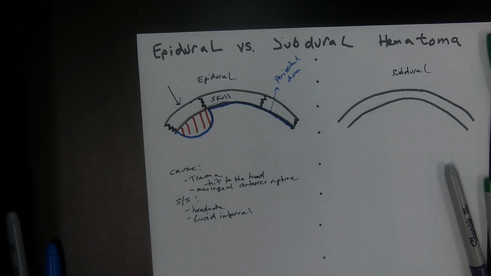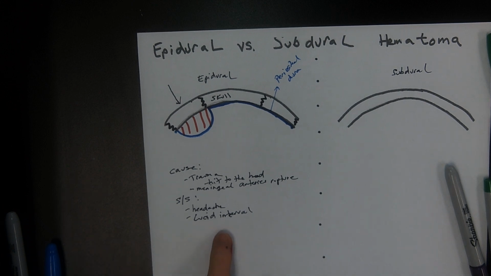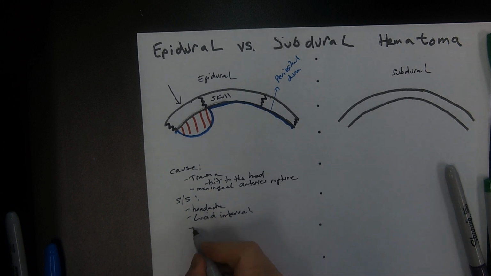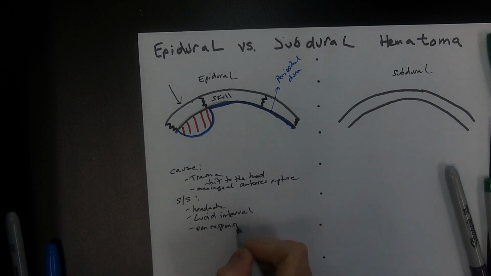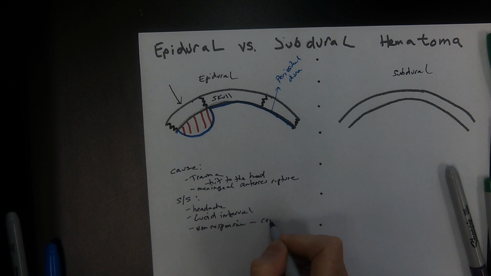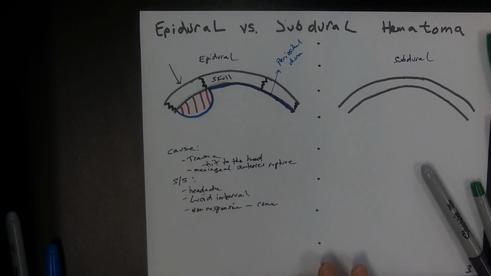We'll draw the other layers. Okay, so after the lucid interval is over, then they become non-responsive and go into a coma. Okay, so family might say, well, they hit their head about a week ago and then they seem just fine, but now we can't wake him up or her up. Does that make sense? You have that period of time that's known as your lucid interval. That's very characteristic for an epidural